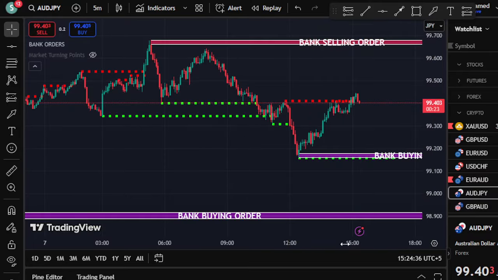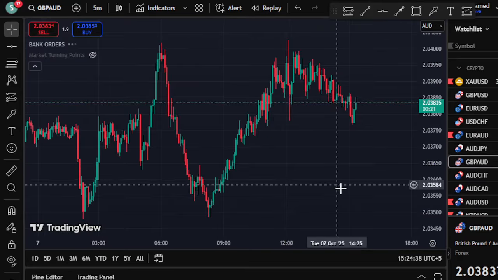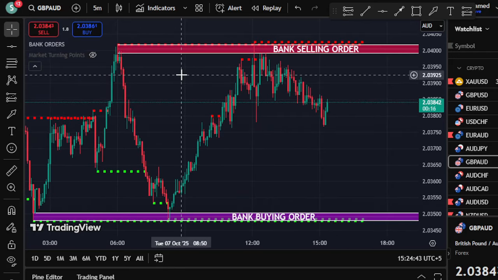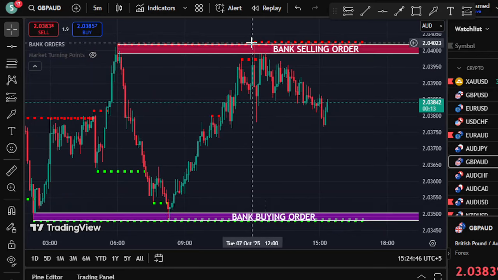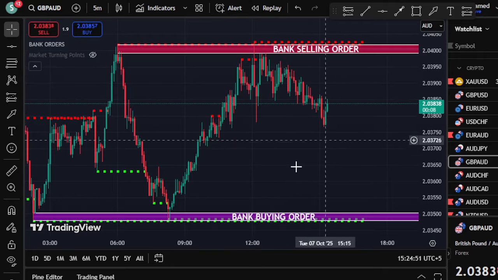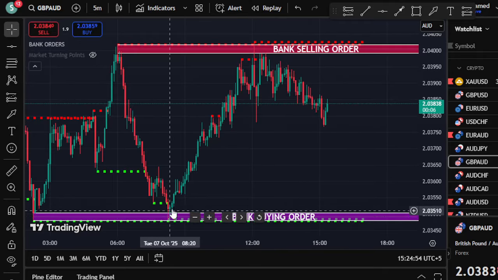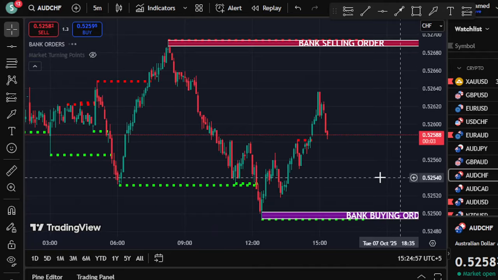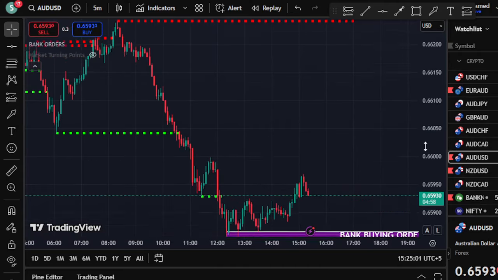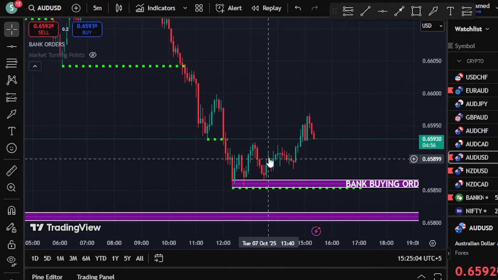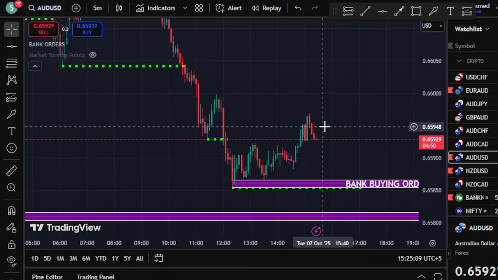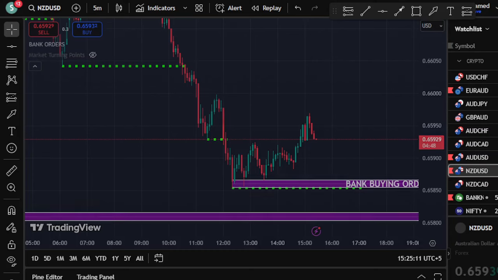So where the market comes for a retest, you will simply enter into the buy or sell position according to the same situation. For example, Pound AUD, this level was created and then the market came for a retest, and then you have taken the entry and it's a sell. You can see it's down. Okay, so the first retest on the bank buying, you can see it has worked perfectly fine. We don't trade the second and the third retest because that level will become invalid for that case. For example, right now you can see AUD USD has given a retest here and the price is up, and now if it comes to retest again, we will not consider that level.